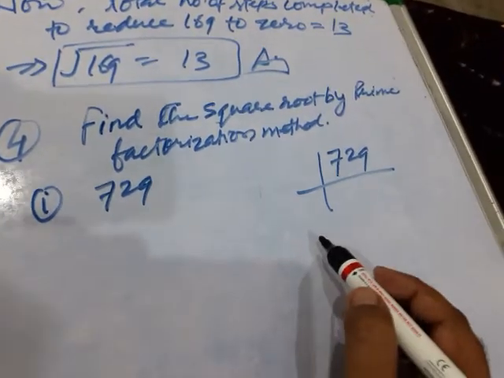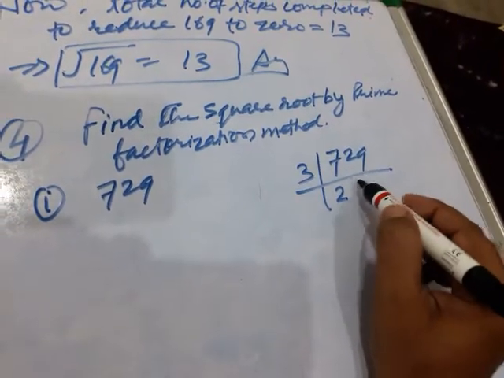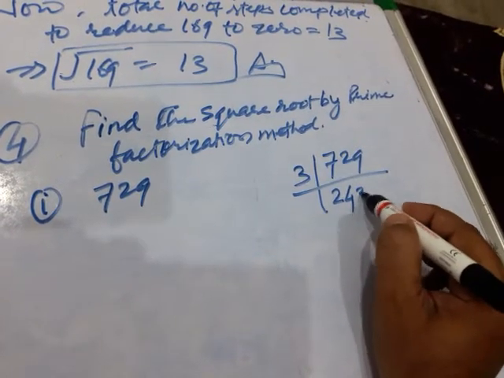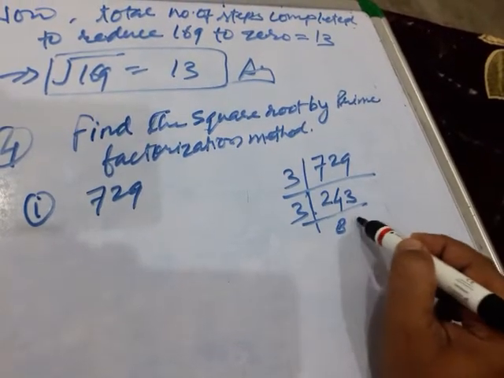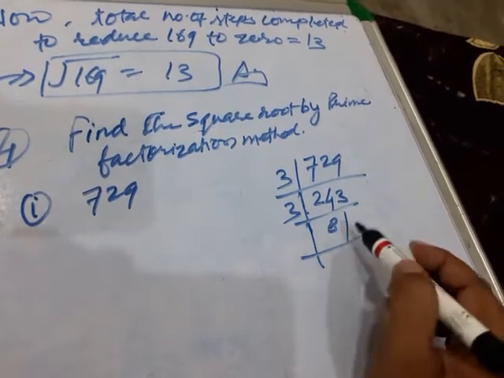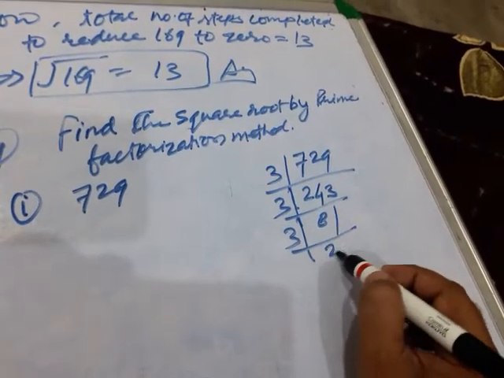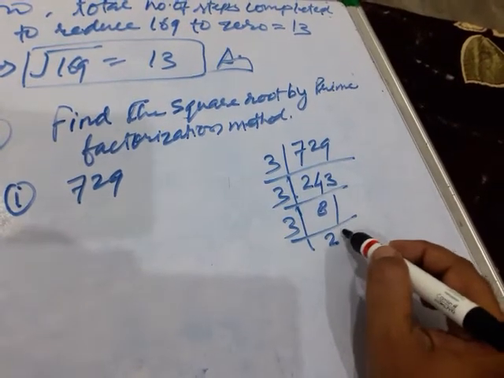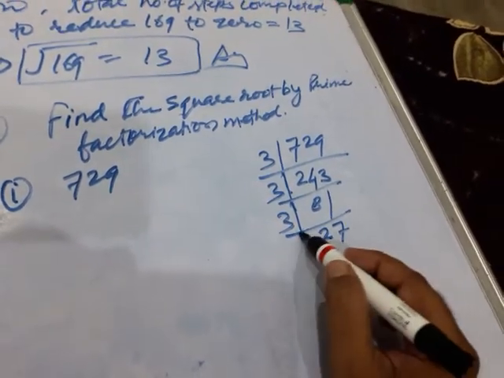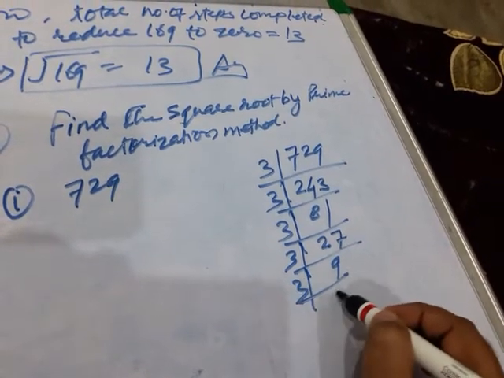Let us divide it. 3 twos are 6, 3 fours are 12, and 3 threes are 9. Then again 3 eights are 24, 3 ones are 3. Then 3 twos are 6, and 2 remains, and 3 sevens are 21. Next, 3 nines are 27, and 3 threes.